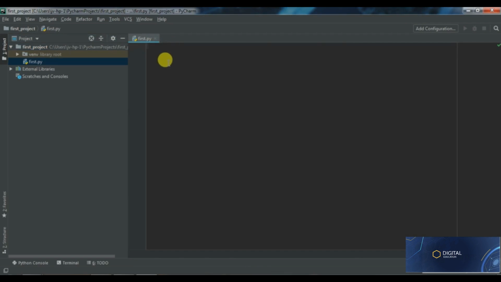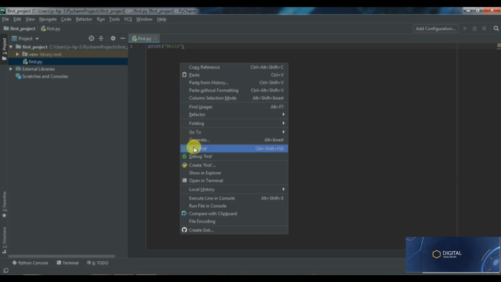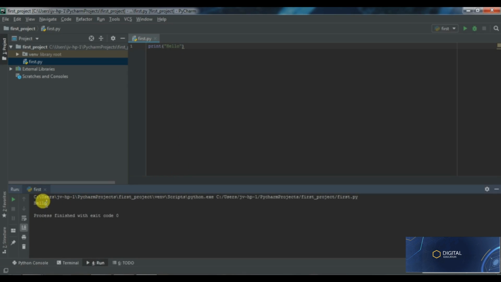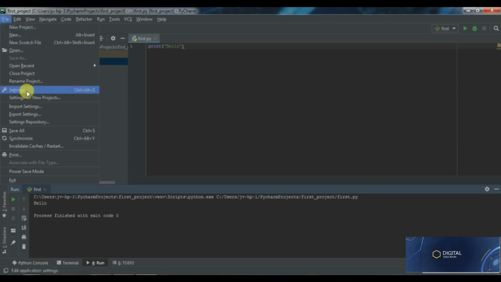This is your file. Now let's test it. So here I'll write print statement and just print hello. To run this file, right click and run it and see here hello. Now you can see it's working. Now let's modify this GUI part. Go to this file, settings,